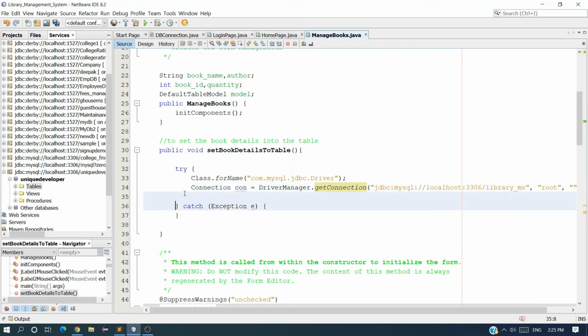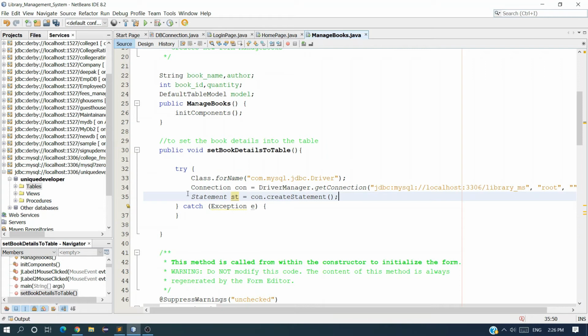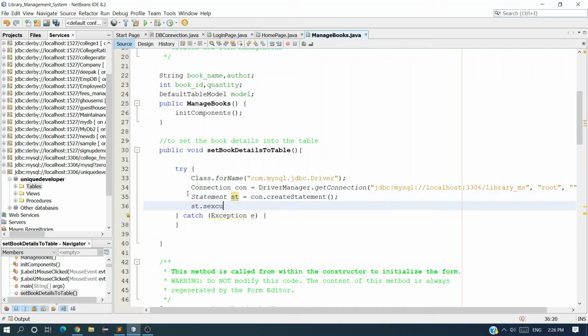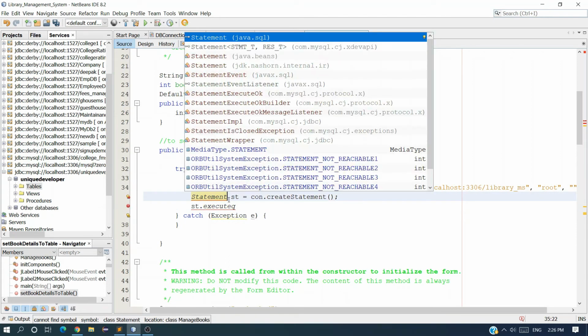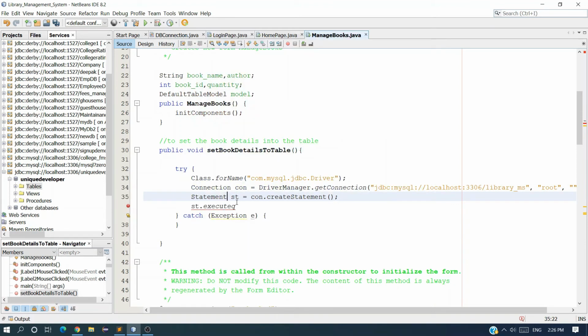Now the next is to create a prepared statement, or you can simply create a statement also, because we want to execute a select query. st is equal to con.createStatement. Now st.executeQuery. Why do I have to import this statement? So press Control Space and just import this java.sql package statement, not any other package.